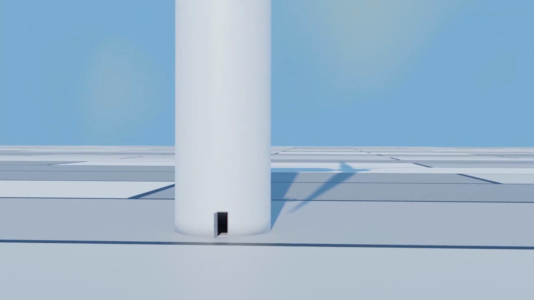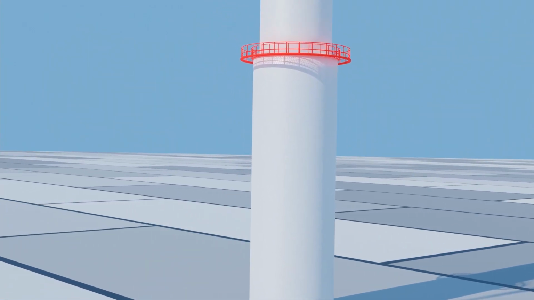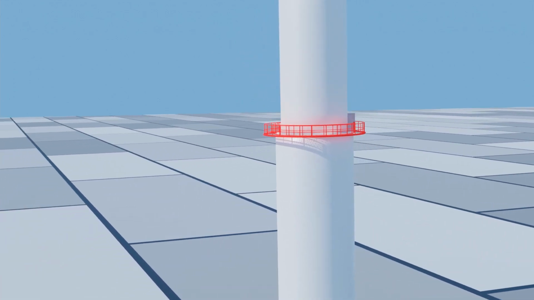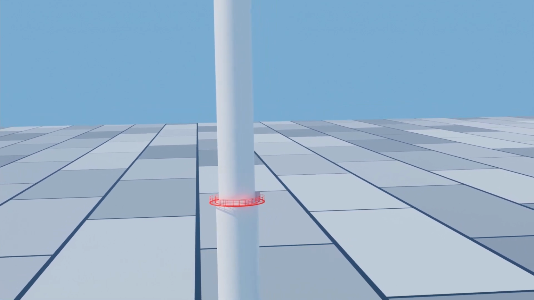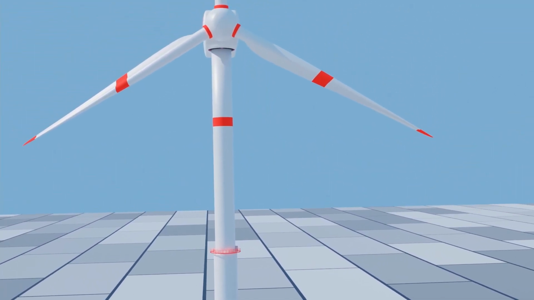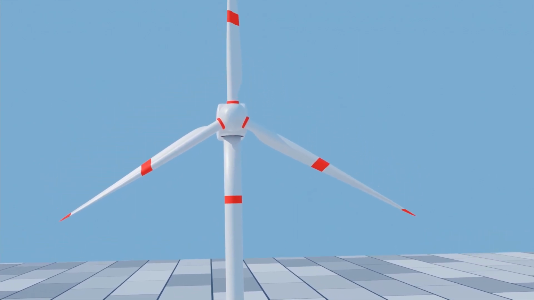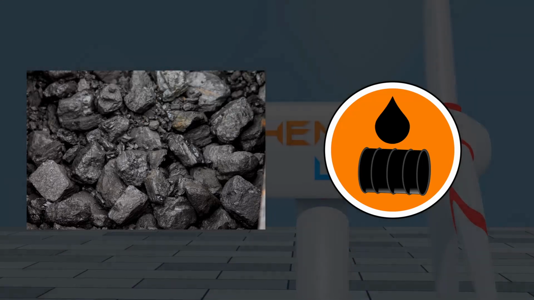In this video, we will use 3D animation to show you how the wind turbine is working. A wind turbine is a device that converts wind's kinetic energy into electrical energy. They are an increasingly important source of renewable energy and are used in many countries to lower the energy cost and reduce the reliance on fossil fuels like coal, petroleum and gas.